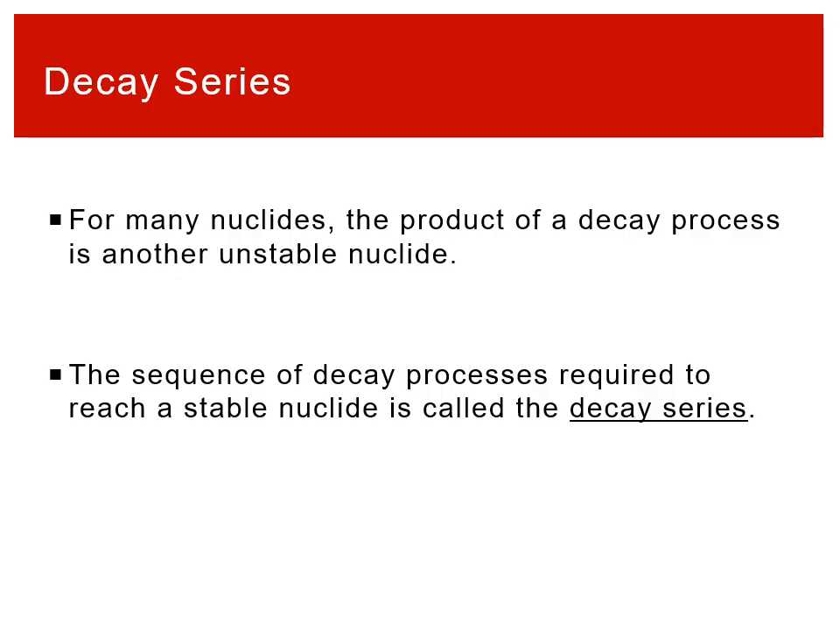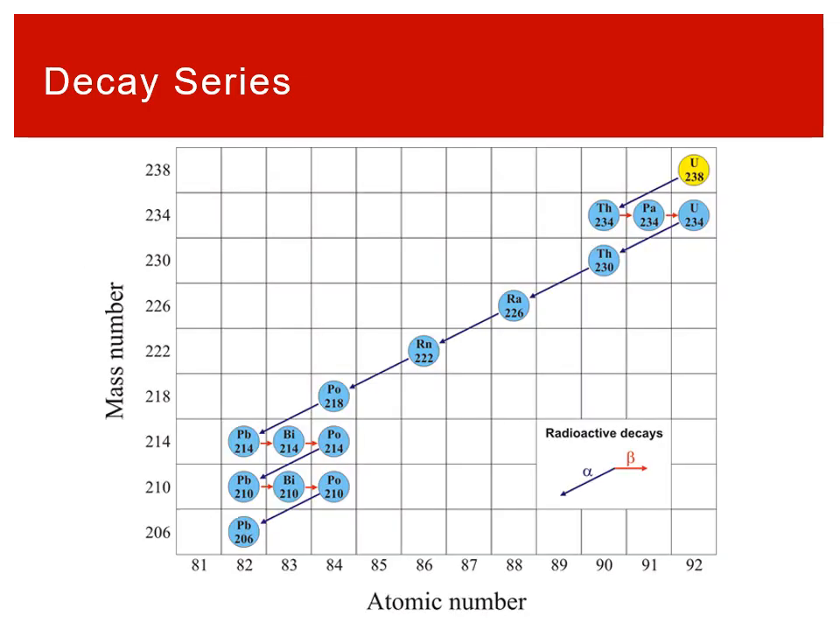This could be 3, 4, 5 to 10, 12 sequential steps that a nucleus will undergo until it hits something stable, right? Each one may take years, a couple years, thousands of years. This overall can take hundreds or thousands, millions, billions of years to go through all of these decay steps, just because there's so many of them. So for example,